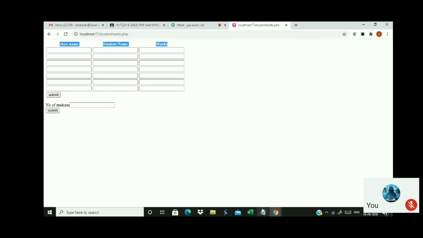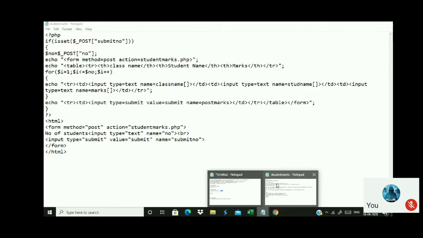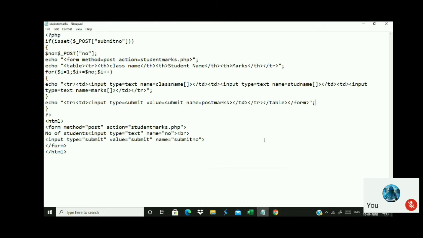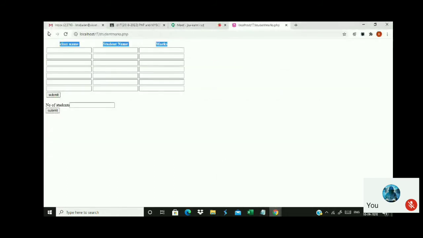Okay. So you can even change it. There are 2 submit buttons appearing, and all the labels of the submit buttons are similar. So what I can do is use this as post marks here. So this value will be changed over here. I'll change it here for the 4 submit buttons.